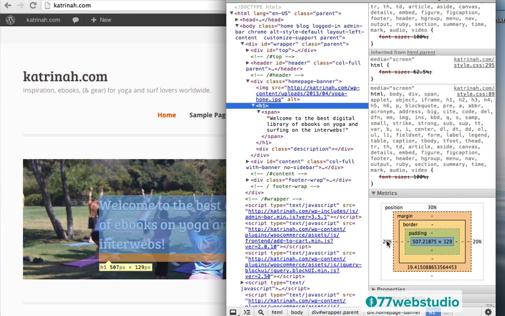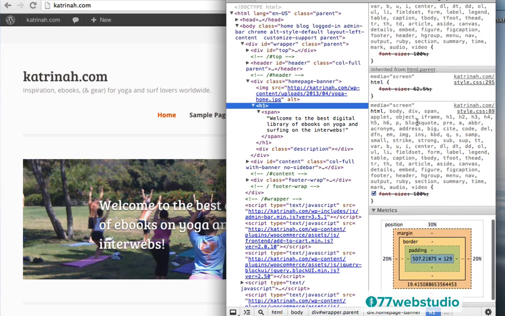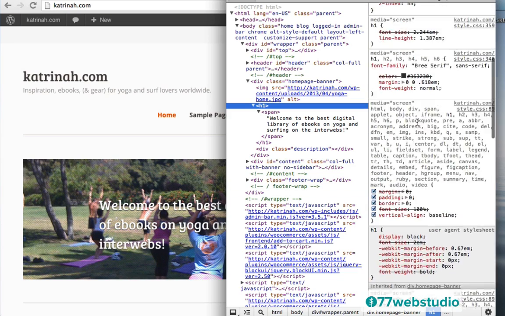You notice on the left there's a 20%, it looks like, space, and then there's also a 20% space on the right hand side. So we need to reduce that because 20% of the banner is being this space here, and it's pushing my title all the way in the middle and it drags it down too far. I want this title to be tighter to the left hand side. So what we need to do is find that 20%.